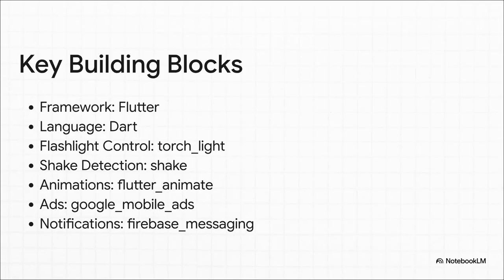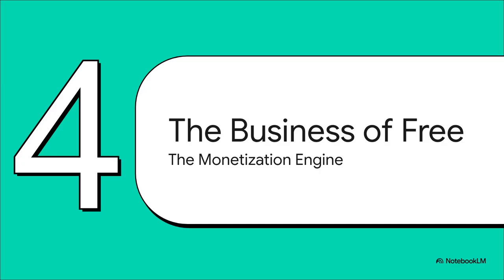And digging in, you can see the specific tools they're using. There are separate, dedicated libraries for everything. One to control the flash, another to detect a shake, another one just for animations. But then you see it: Google_mobile ads. A dedicated tool, a building block just for serving ads. That's a pretty big hint about the business engine running behind the curtain, which leads us to our next and most critical question. Okay, so all of this professional engineering, these advanced features, that costs real time and real money